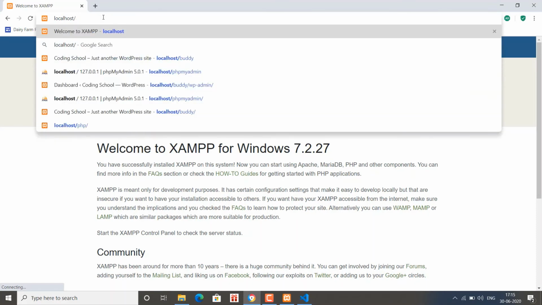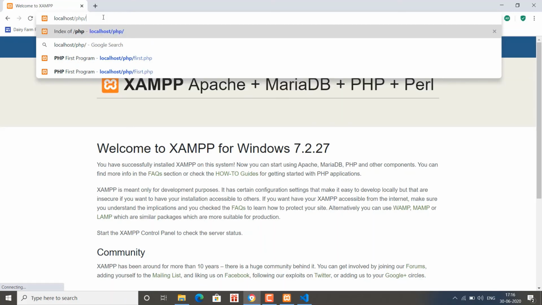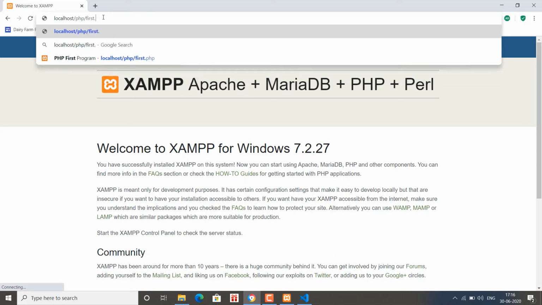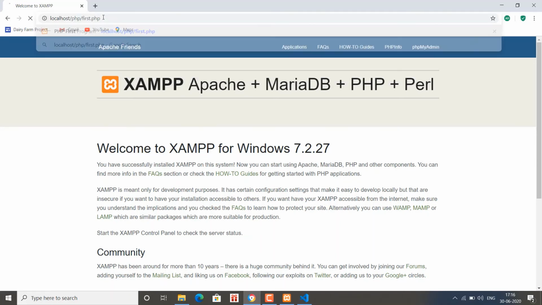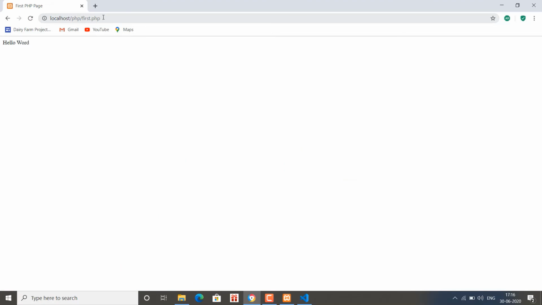We have created the file first.php in the folder PHP, so here I have to open the folder PHP, and then give the name of the file, that is first.php. Okay, so this is the output of our file. This is our first program.